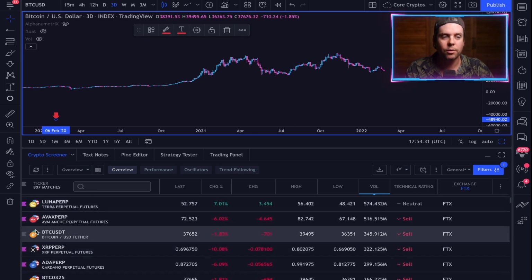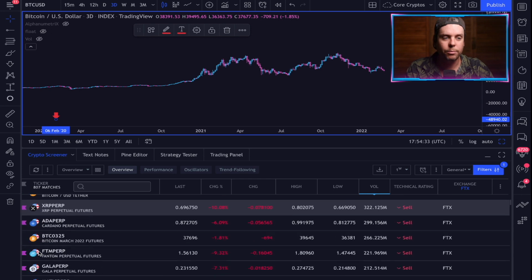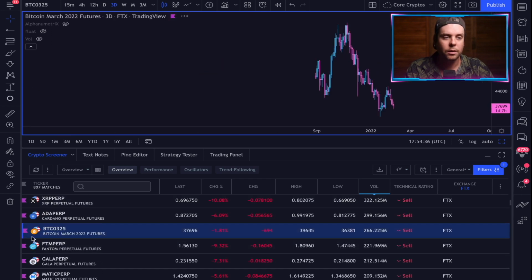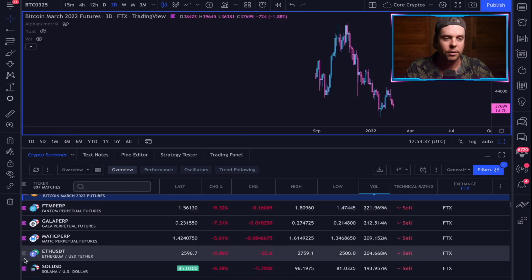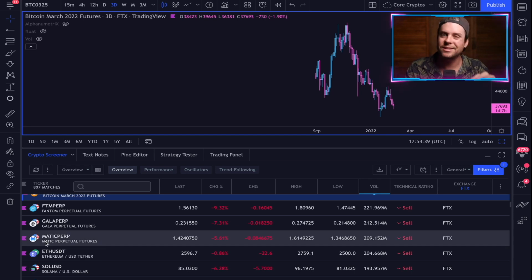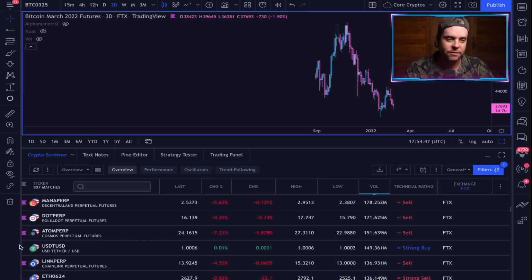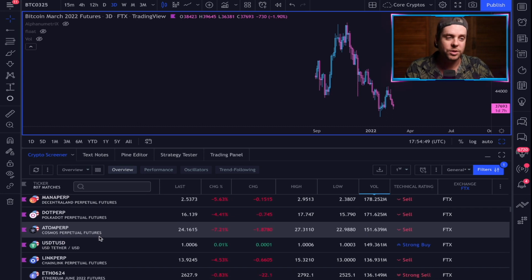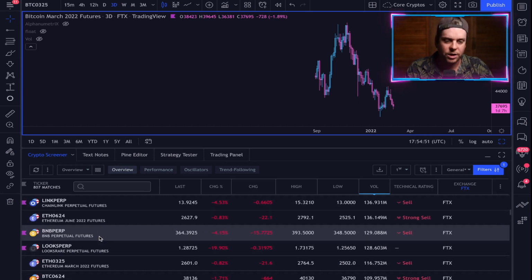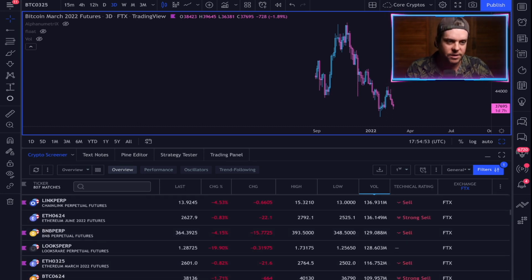So I've gone through all of these and I've labeled them with purple. Not all of them, but I'll turn them all on for you because some of these are repeats. Some of them are going to be perpetual contracts. Some of them are going to be spot markets. So depending on the asset that you're trading, choose the chart that fits. But from a volume perspective and from just making a watch list perspective, we're just going to turn all of these on